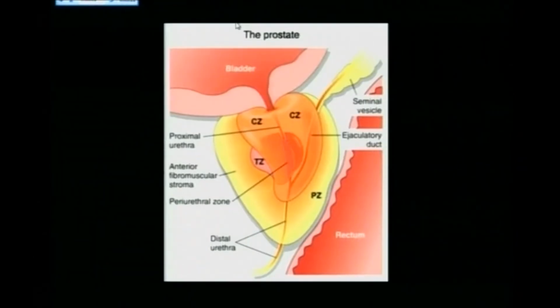This picture makes things simple. So you have this whole peripheral zone, which is like an ice cream cup, and inside it the central